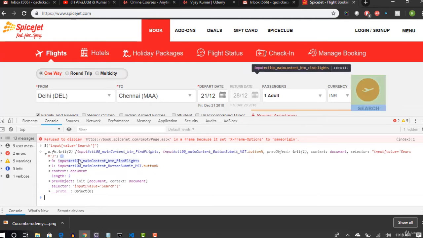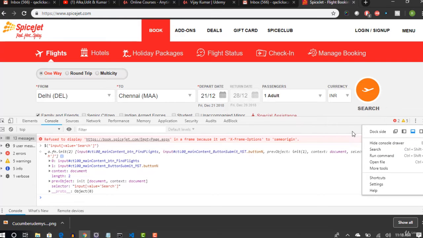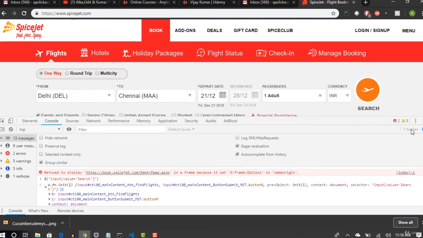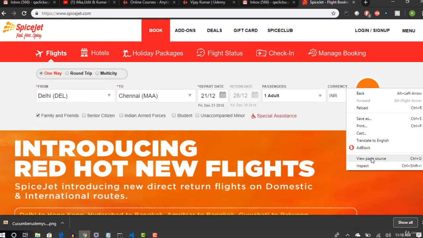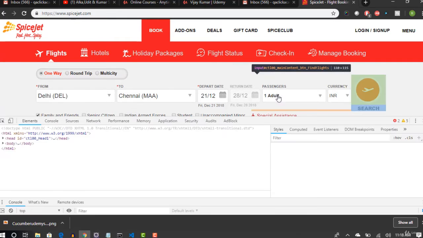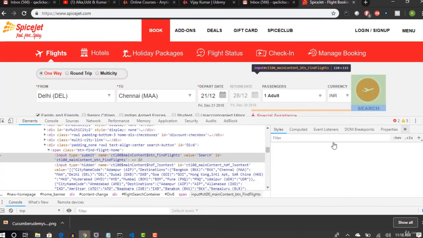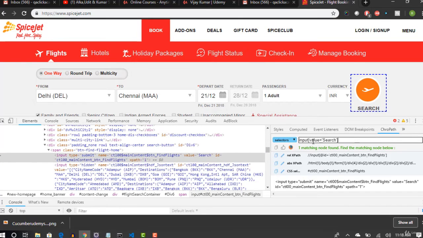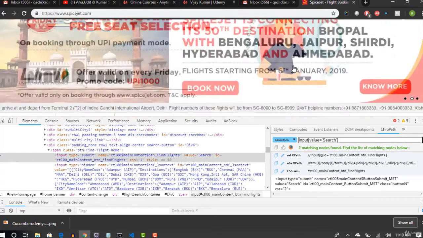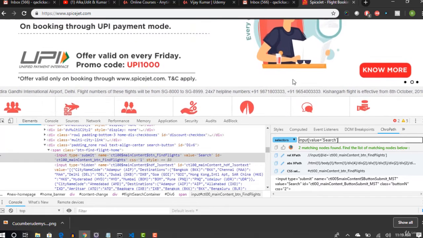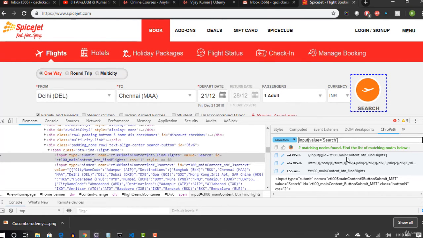So it should identify. Okay, so let me also check from ChroPath how this is working. I can simply show by dot ID and leave it there, but I want to explore with you multiple ways of locating this. 2 matching nodes found, and this is getting highlighted. The first one is getting highlighted, and the second one is something related to MST, which is located somewhere in the bottom. This will still work because this is the first one, and it's up to you if you want to use this,